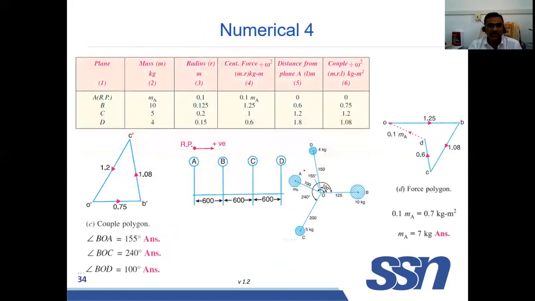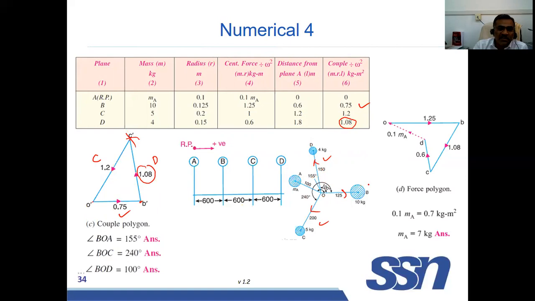But here in the problem, we have taken B horizontal, 0.75. We have drawn 0.75, and after that we have drawn this one. In the compass you take 1.98 from B and make an arc. Similarly, you take 1.2 from this point and make an arc. You will get the point C. So now this is D, this is C. This is the direction of D, this is the direction of C. This is B direction, the first direction.